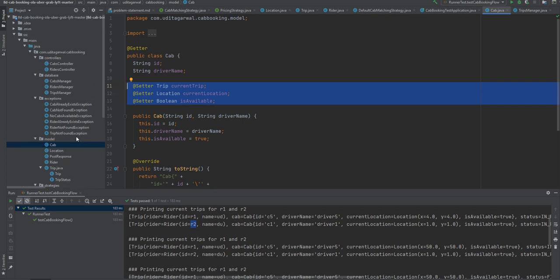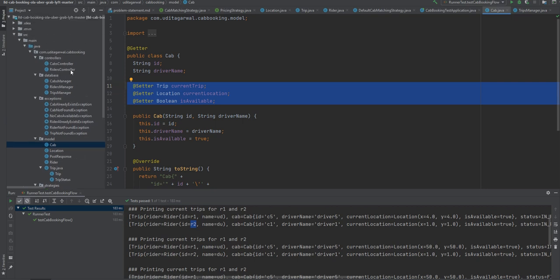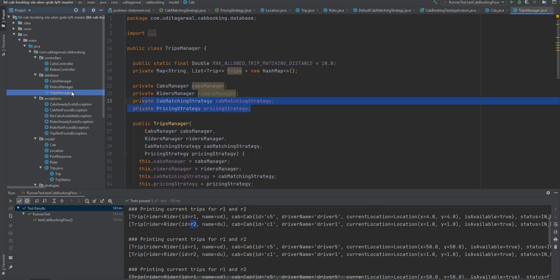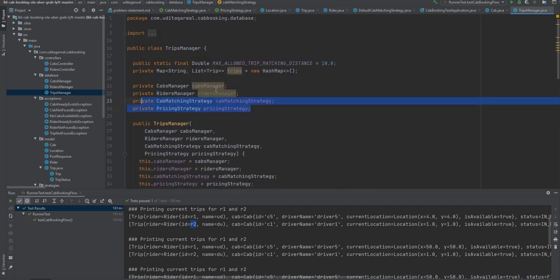Those are the main things which I wanted to show, like positive things in the code. Let's see some improvements which can be there in our system, right? Like every system has some drawbacks. So one thing which I already told you, like trips manager is not actually following a very good design. It has something which is related to caps filtering and all, because it has this distance thing into it.